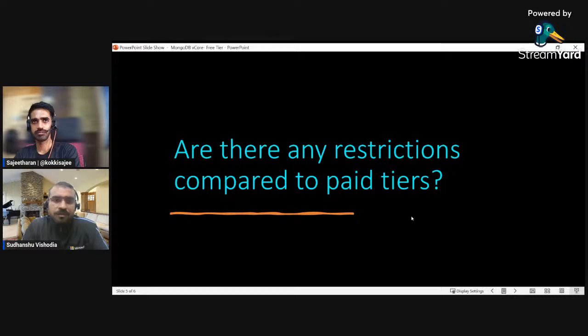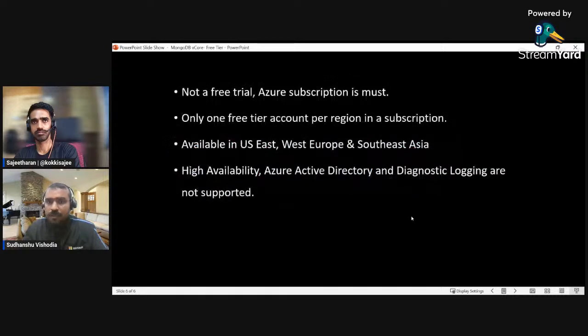Next, another thing that will come to our mind is: are there any restrictions when we compare the free tier to the paid tier? The answer is yes. There are a few restrictions that we must be aware of when we provision a free tier. The first thing to keep in mind is that this is a free tier, and we should not confuse it with a free trial. If you want to provision a free tier cluster, an Azure subscription is a must,